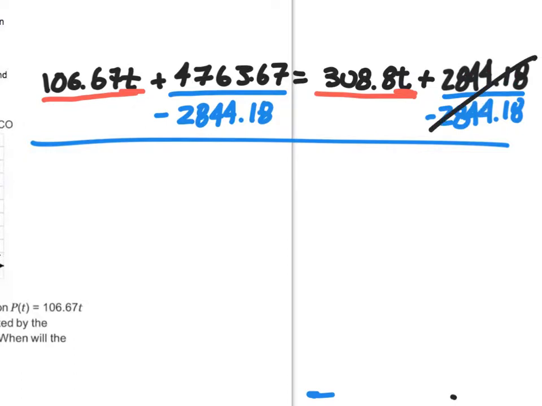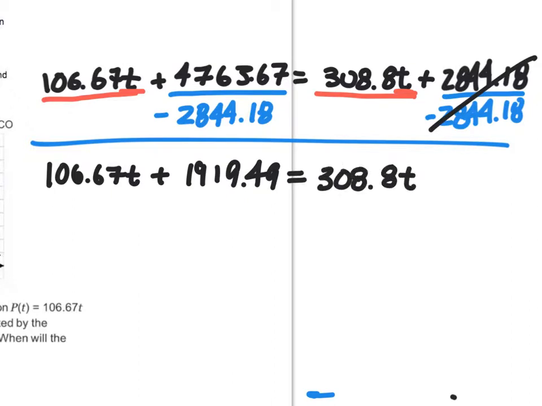So now let me rewrite this left side as 106.67t, and then let's do the math here: 4,763.67 minus 2,844.18. This gives us a value of 1,919.49, and this is equal to